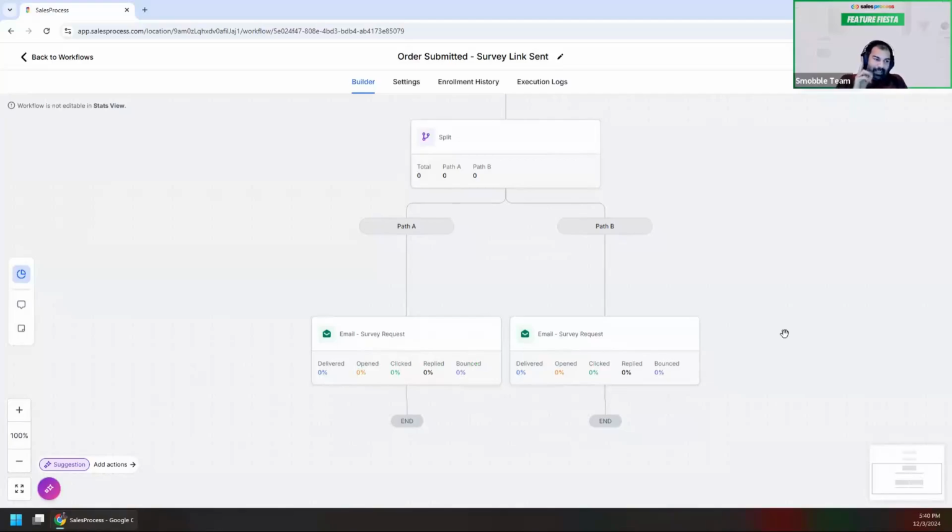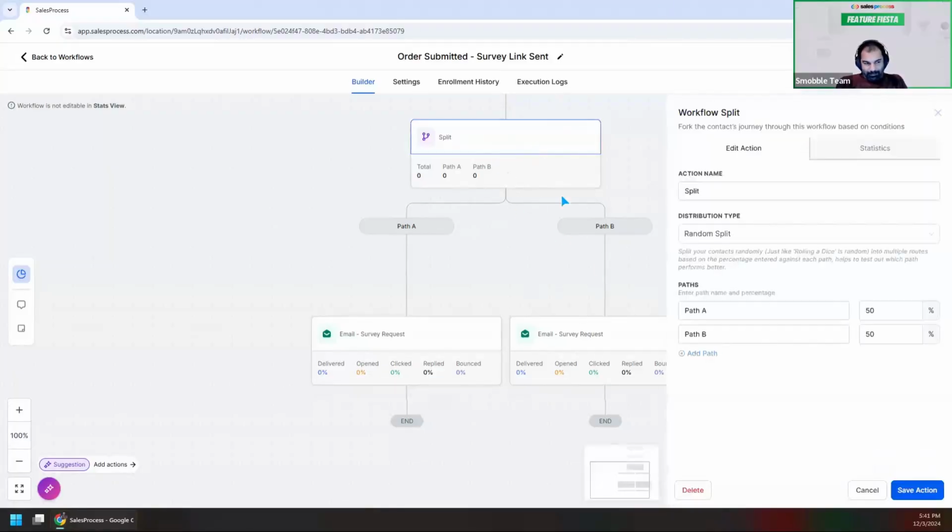Now, in the funnel, we had the button to declare a winner, and we kept only one path. We can keep doing the split testing, but in the funnel, we had this option to declare one of the winner. But does it happen same thing in the workflows? No, it doesn't. So what we usually do is with the split test, we just route